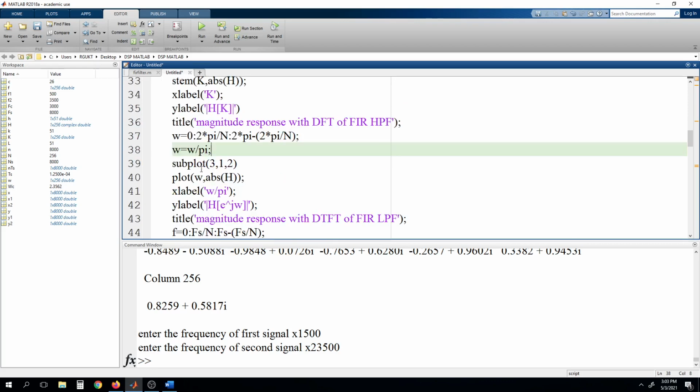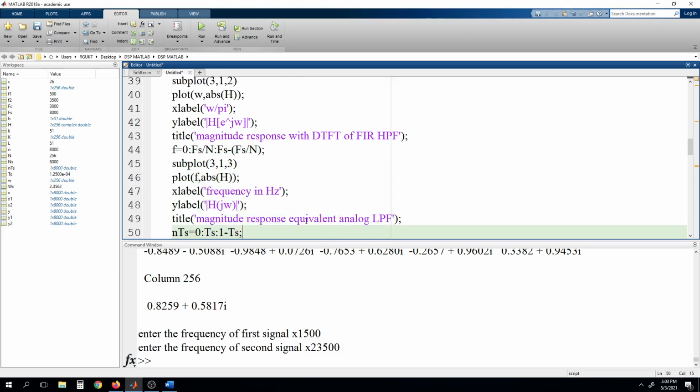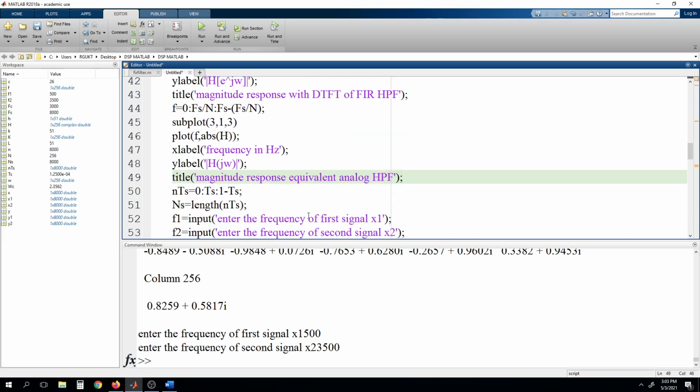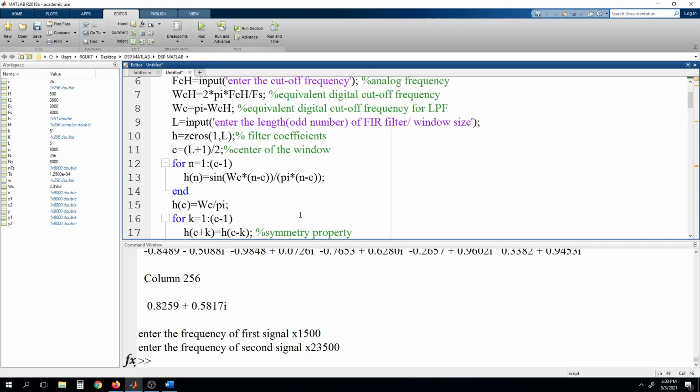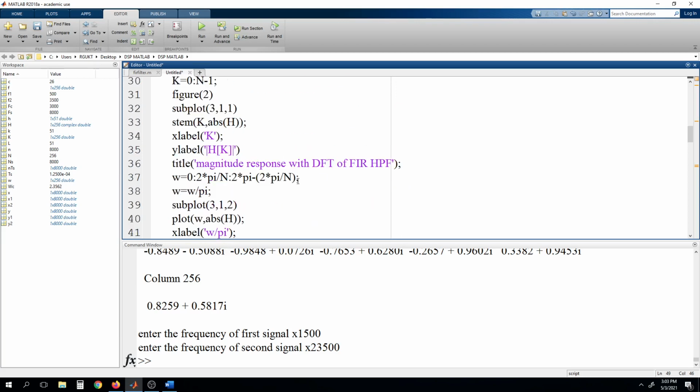The digital frequency we have converted, and then the DTFT of that filter as HPF, and then converting into the equivalent HPF. Okay, so here we are going to get figure 1. In figure 1 we are going to get the impulse response. In figure 2 we are going to get three plots. So that's why here it is written 3 comma 1 comma 1.